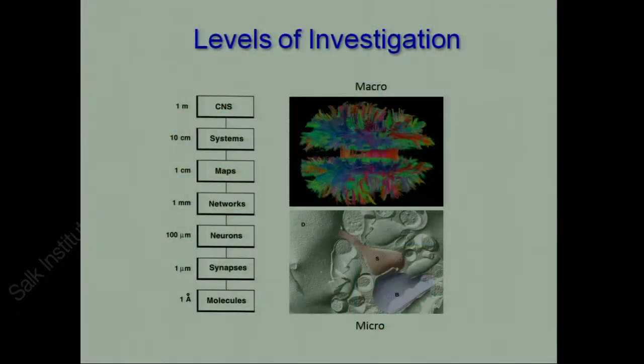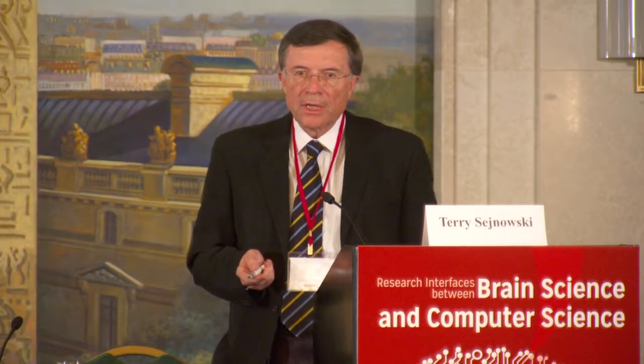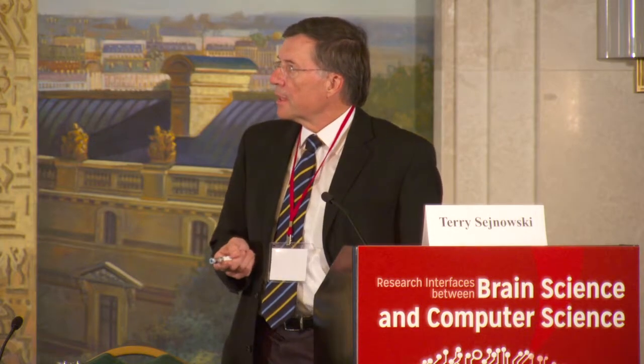So if you look at the brain from the spatial perspective and levels of investigation from the molecular up to the entire central nervous system, there are 11 orders of spatial scale here. So part of the problem is not just that the data are heterogeneous, it's that they're taken from techniques that are so far apart from each other that it's hard even to know how to stitch them together. How do you bridge across these levels?